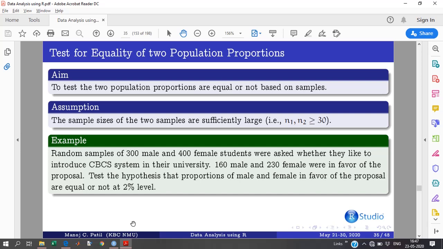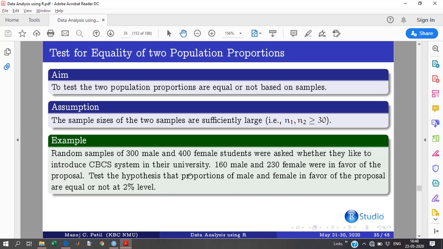Let's take an example. Random samples of 300 male and 400 female students were asked whether they liked to introduce the CBCS system in their university. 163 male and 230 female were in favor of the proposal. So out of 300 we have 163 in favor, out of 400 we have 230 in favor.